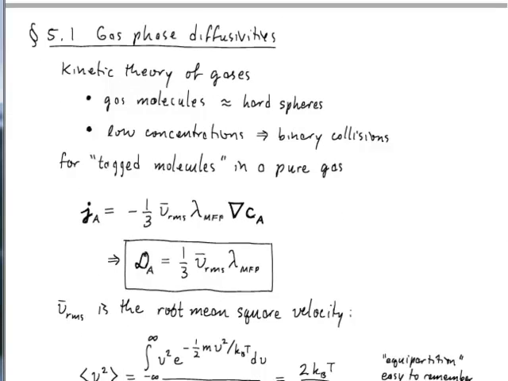Of course, the size of those steps and the frequency with which velocities are randomly changed depends on the medium that you're in. That brings us to thinking about diffusion in the gas phase, diffusion in the liquid phase, and later we'll talk about diffusion in solids. For now, let's just think about the kinetic theory of gases, where you have gas molecules described, in the simplest case, as just hard spheres. These are at low concentrations, so we can ignore the three-body collisions that would happen occasionally, and instead think only about binary collisions, right?